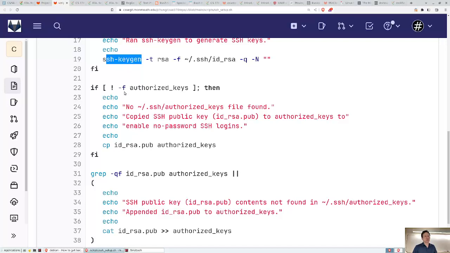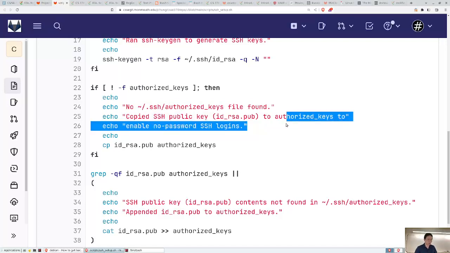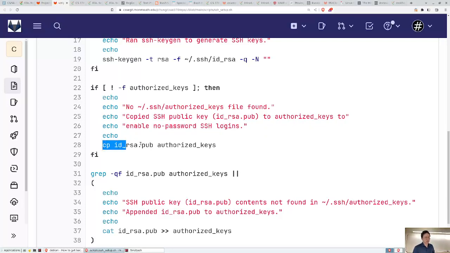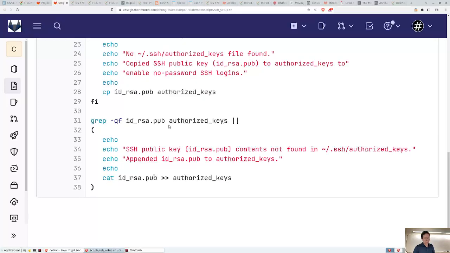Another thing it's going to check is if you do not have the authorized keys file here. If that file does not exist, the authorized keys file is not found, so it's going to say that no .ssh authorized keys found. Now it's going to copy the public key to the authorized keys file using cp right here. And here finally, if that file does actually exist, or actually here, if